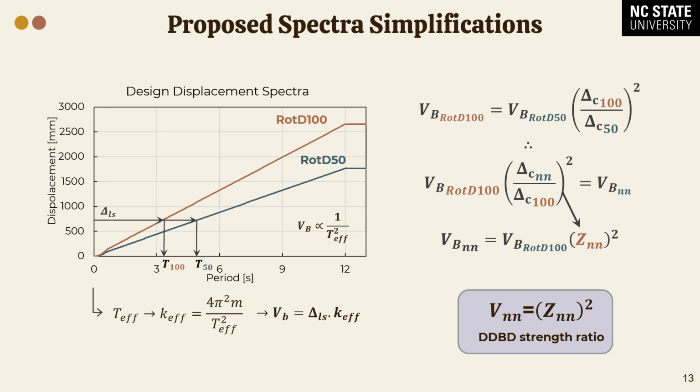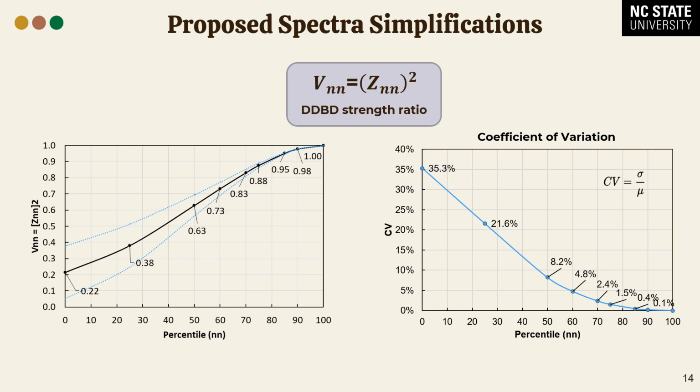In that case, with the DDBD strength ratio, again based on this linear design spectra, we can see that having calculated that for the same suite of motions that we saw, at 50% for a design of rho D50, we would get 63% of the strength that we would get designing rho D100 for the same limit